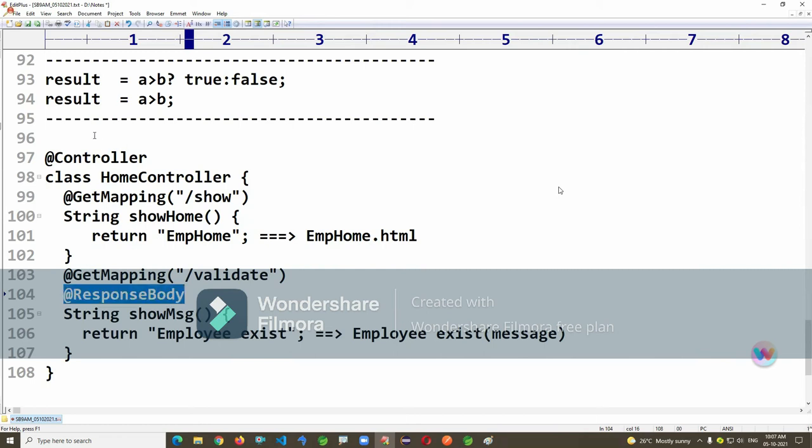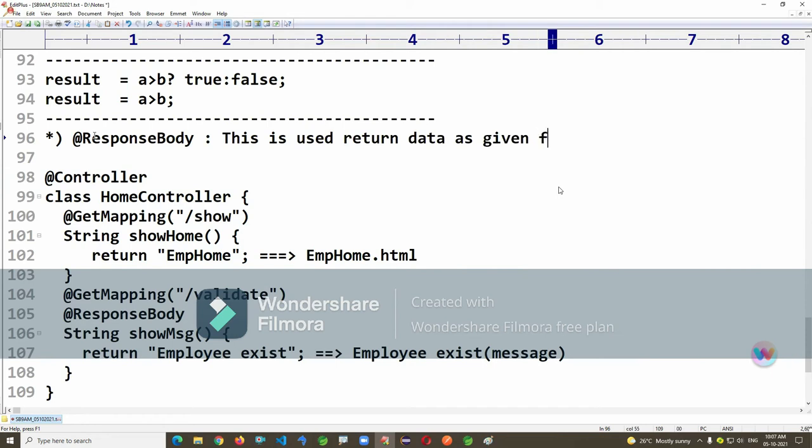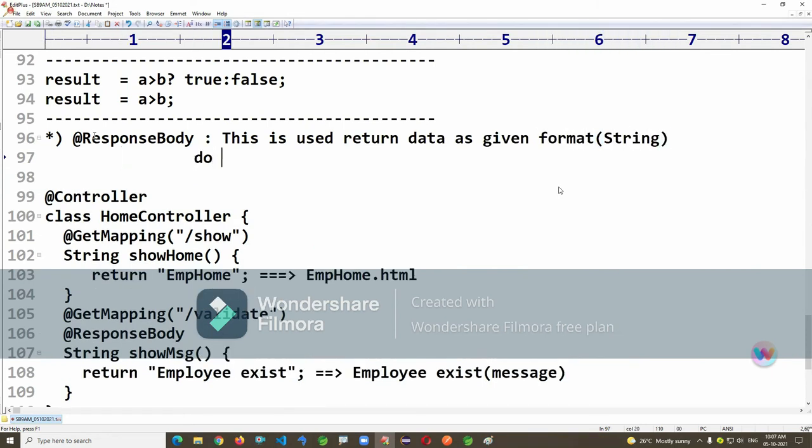We'll see @ResponseBody again once you go to RESTful web services. It returns not only strings but also JSON and even XML, but finally in string format. You can draw this diagram now: return data as a given format string. Do not go to the view resolver.